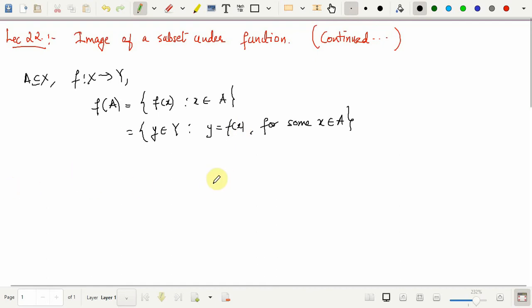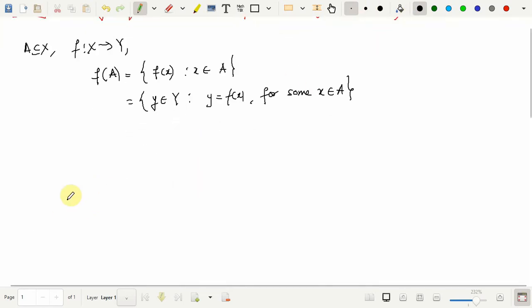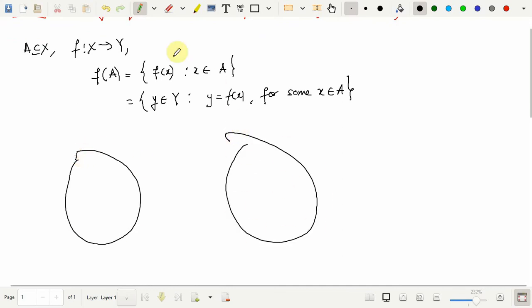In fact, we have discussed some properties under this. Today we will discuss some new properties. So the first property that we will be discussing here will be about the complement of the subset, the image of a subset of X. First of all, if we have a set A